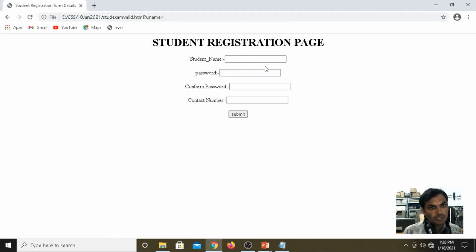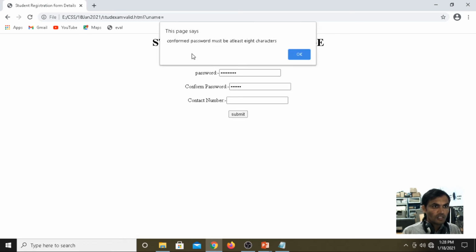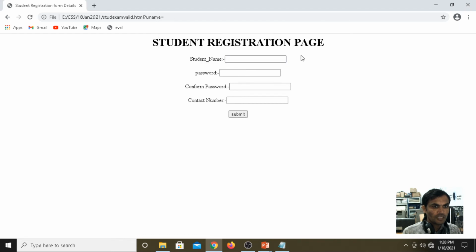Now see here, Ravi Kumar, password 1 2 3 4 5 6 7 8 9. Then enter the confirm password 1 2 3 4 5 6 7 8 9. Then confirm password I am giving as 1 2 3 4 5 6: confirm password must be at least 8 characters.